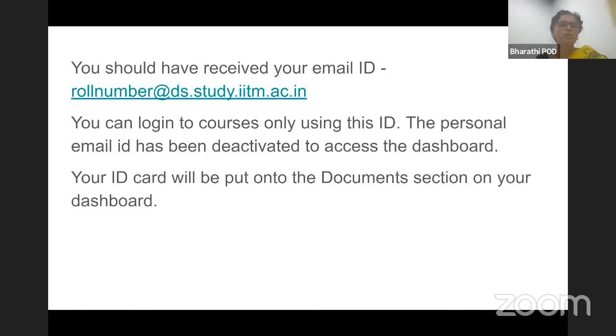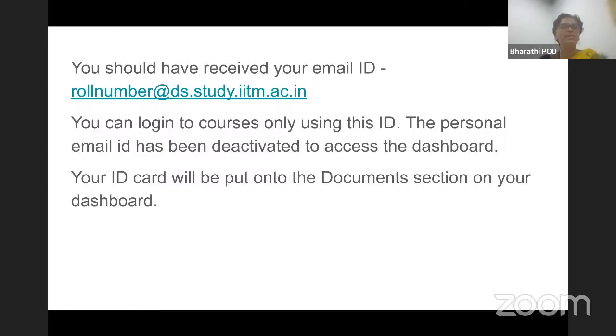Okay, all of you must also have received your roll number in the program. If you're entering after the qualifier and registering for courses now, it will be 23F3 followed by a 6-digit number. If you already joined the program in the May term, it would have been 23F2 with a 6-digit number, and the domain will be ds.study.iitm.ac.in. So this is your student roll number,